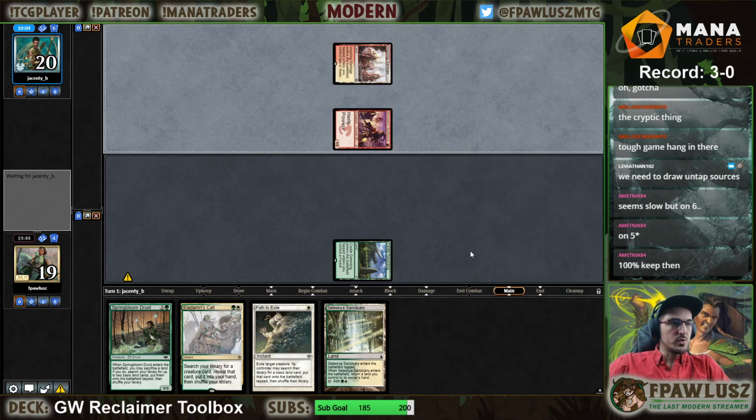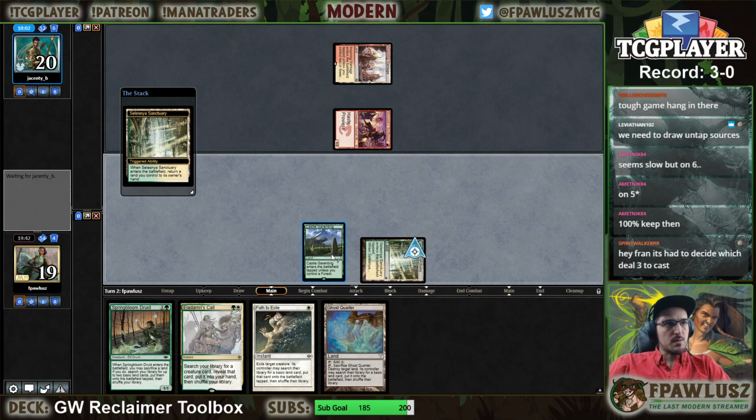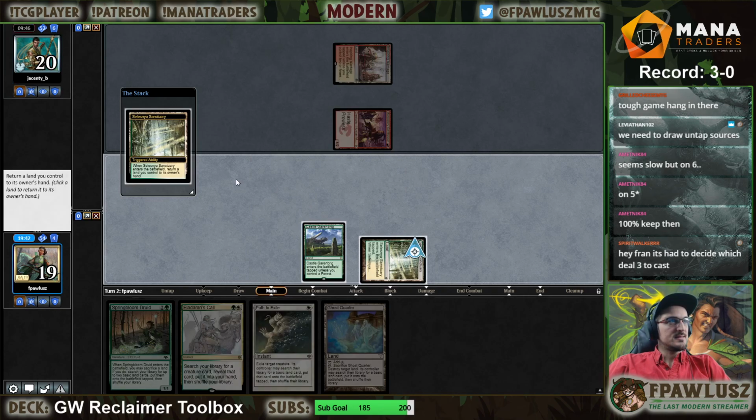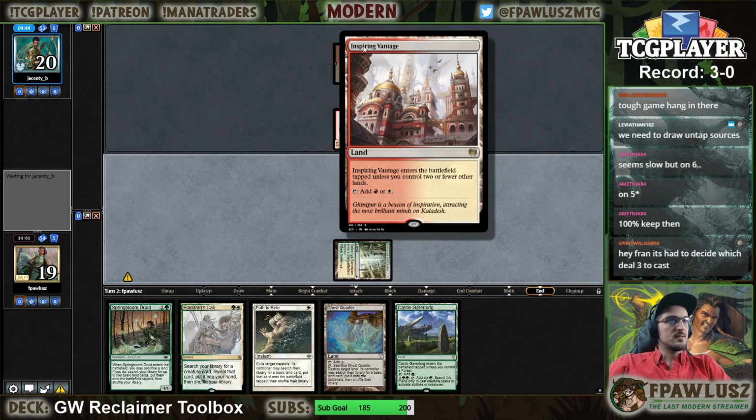Flagstones would be a pretty good draw, let me tell you. All right, that plays. It's hard to decide which Deal 3 to cast. I don't know, it seems like a little bit...